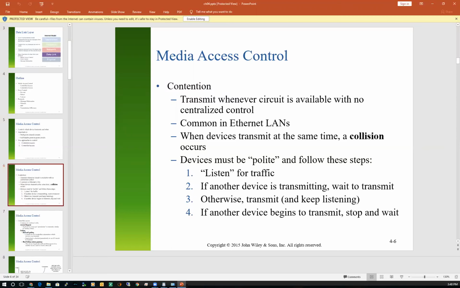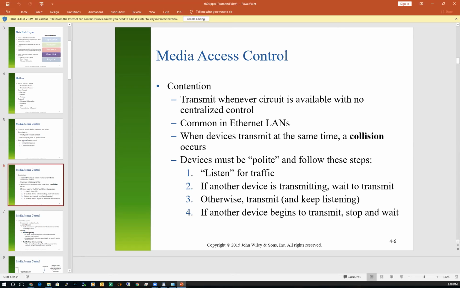Anyway, so in a small environment, we're polite, or our computers are polite to each other. In a small group, if 2 or more of you start talking at the same time, one of you goes, oops, I'm sorry, I didn't mean to talk over you. Why don't you speak? So in a contention-based Ethernet network, your computer does the same thing. It first listens in the media, whether it's wireless or wired. I don't see any bits going through the network right now. I'm going to go ahead and blurt my bits out there.